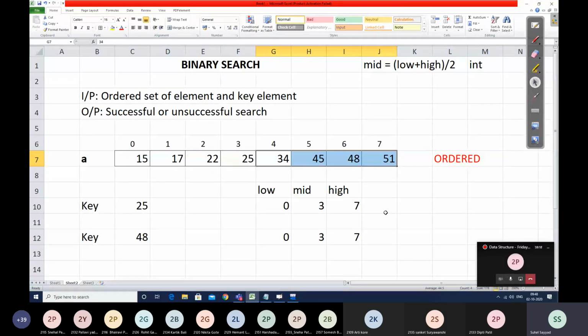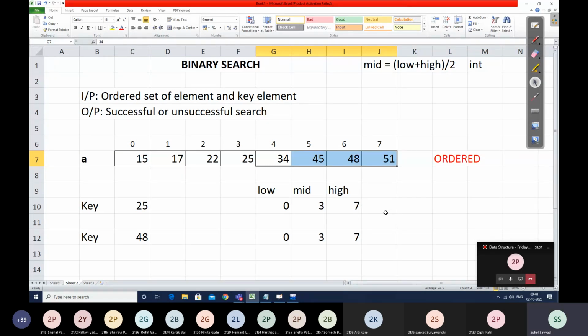So we'll continue this example. Still the problem is not yet completed, but we have understood the essence at least today, right? So if we find the element at middle position, search becomes successful. Otherwise, if we don't find it at middle position, then we have to continue the searching process in the appropriate part of our input. So either we will continue in left hand side or right hand side. So here we will continue on right hand side with respect to the key 48. So here indirectly we are neglecting the remaining half of our input, and that's why this technique is more effective than linear search.